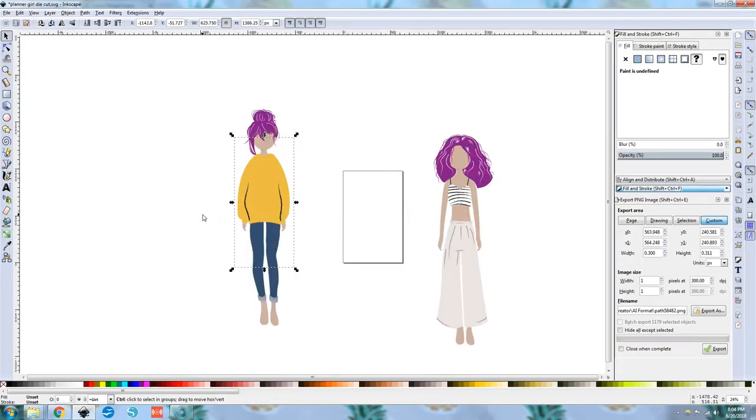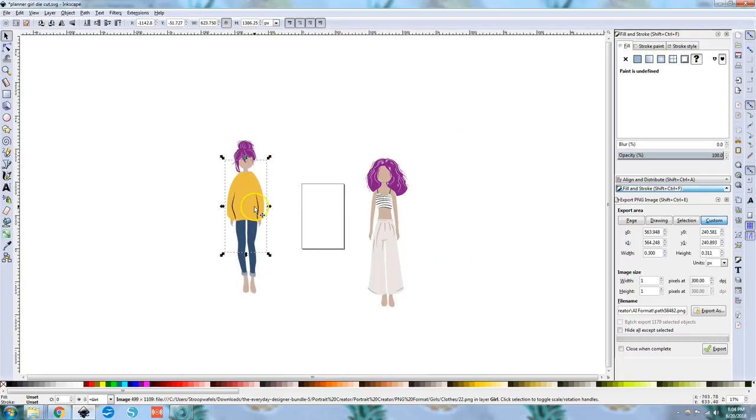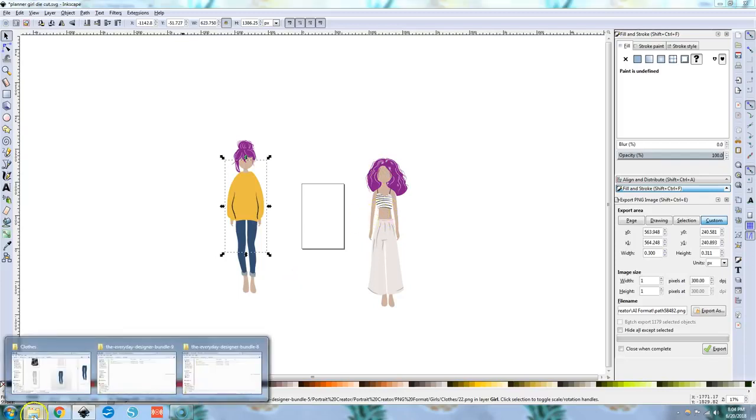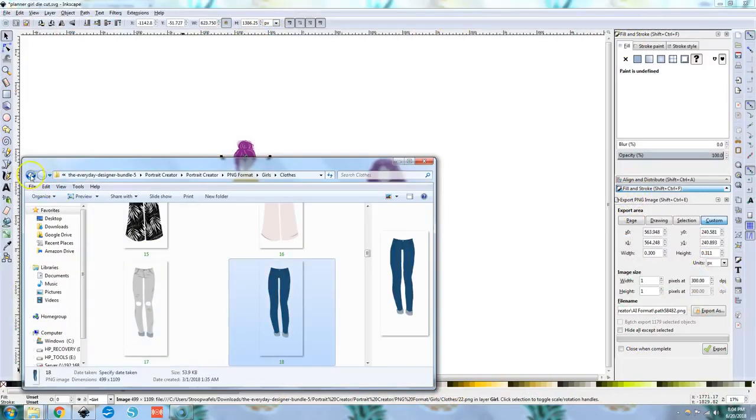Okay, so we got our lazy daisy girl, and then we got our really cute professional kind of, you can't be professional, I guess, with a crop top on. I don't know. But we got our nice summery, I'm going out with my friends type of planner girl. So we're going to go back to